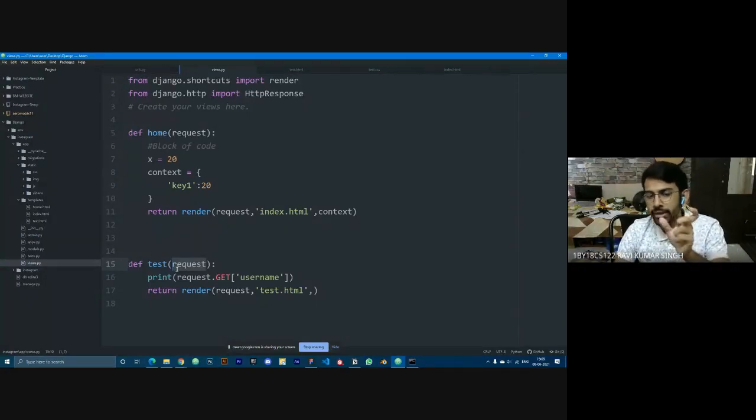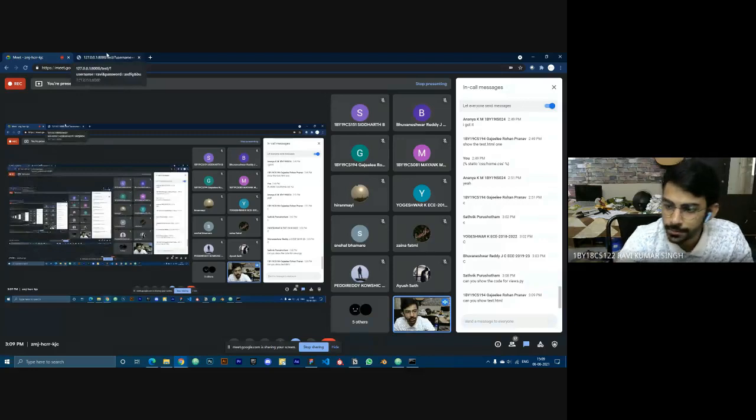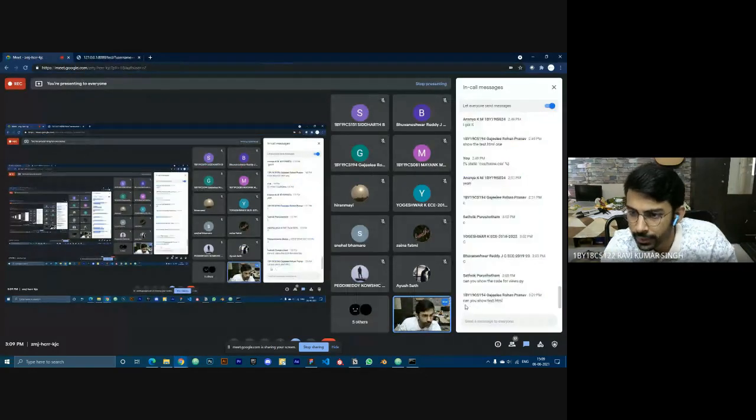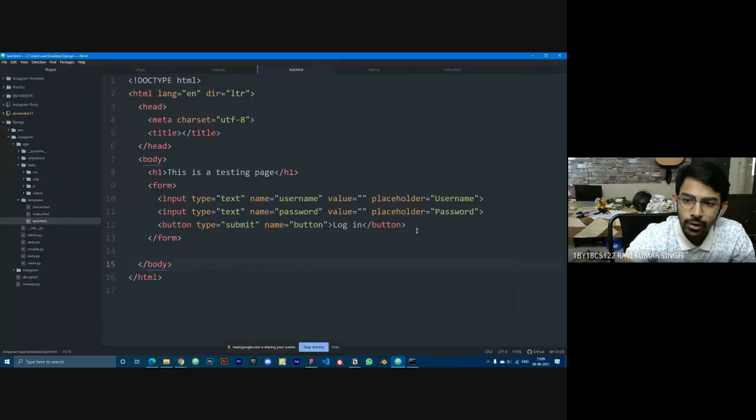So this is what request has, all the related information regarding the request which we have generated. Now when we are in our test.html, whenever we click on submit, because the action attribute is not there, it reloads the same page. But now because we are submitting it, this is a new request which we are going to generate. So whenever we click on the submit button and generate a new request,